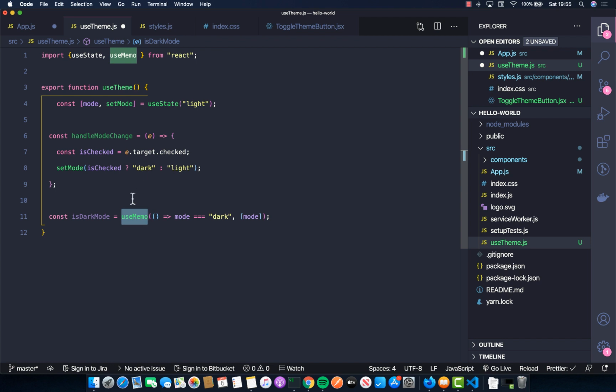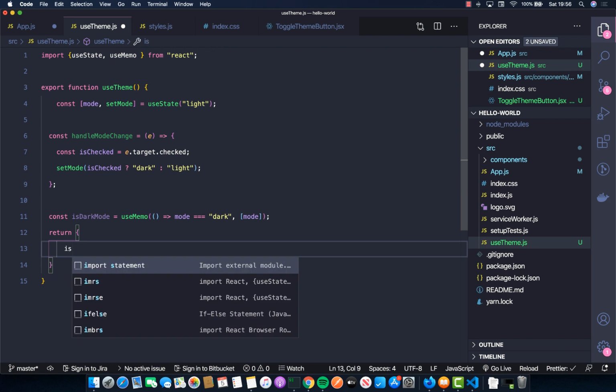So a hook is nothing but a function which can have these React hooks inside it, but they should be at the root level. Remember the rules of hooks, they shouldn't be present inside any conditional statement. They should be at the very root of this function body. So that's what it is. And here we must return the things that we want to use inside our app component, and that is dark mode,